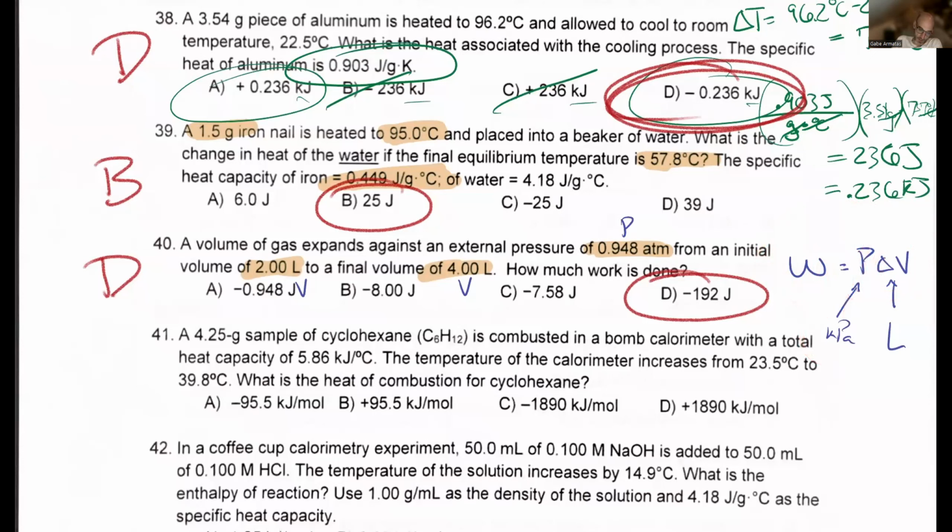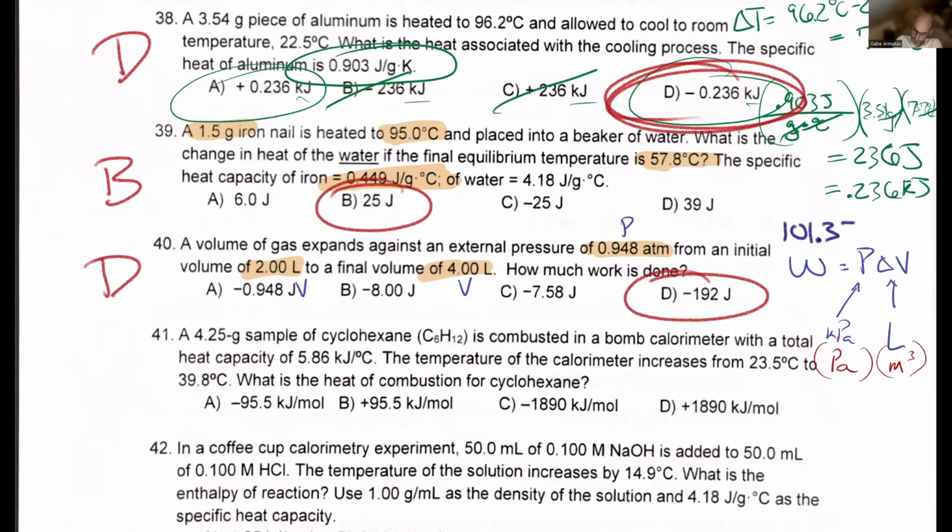Kilopascals, there's a number of ways that you can look at this. The units need to be pascals and meters cubed. That was correct in order to make this happen. The other, I don't know what conversions you all will have for the exam. So